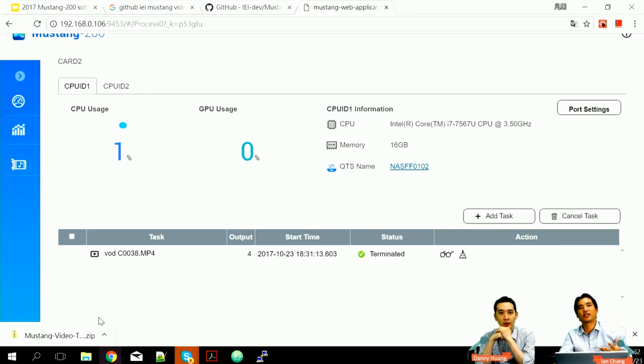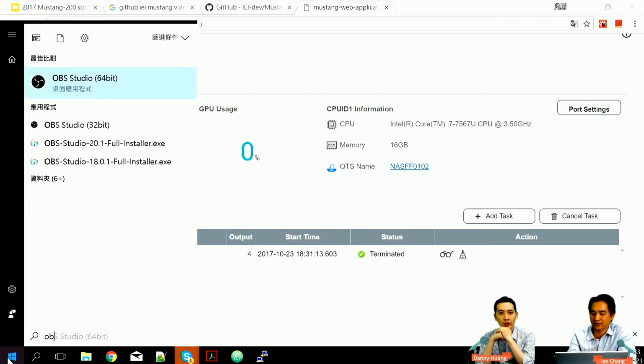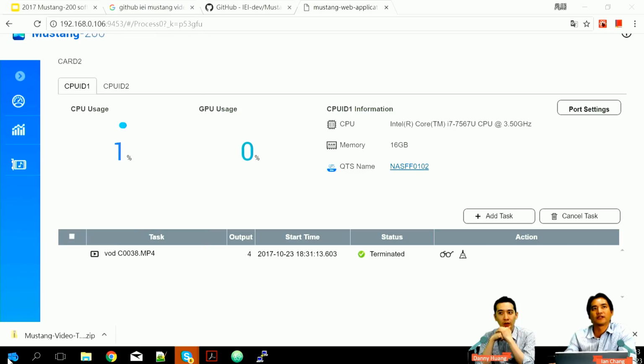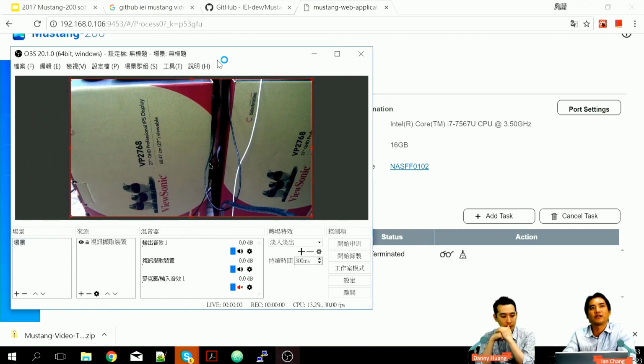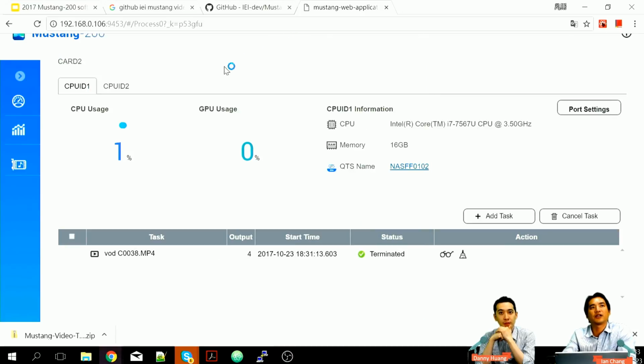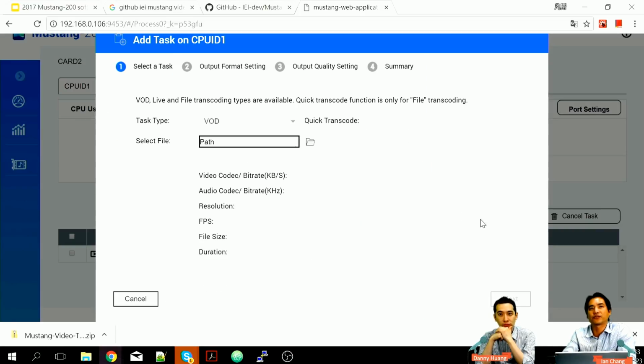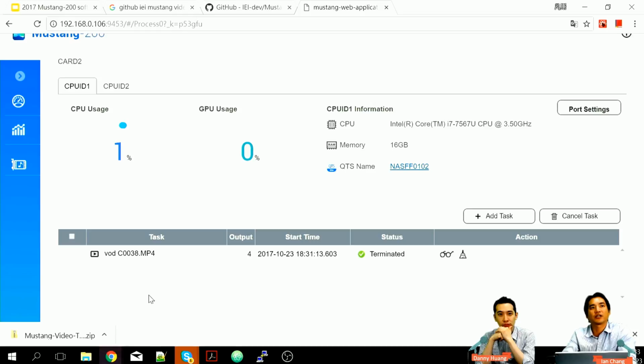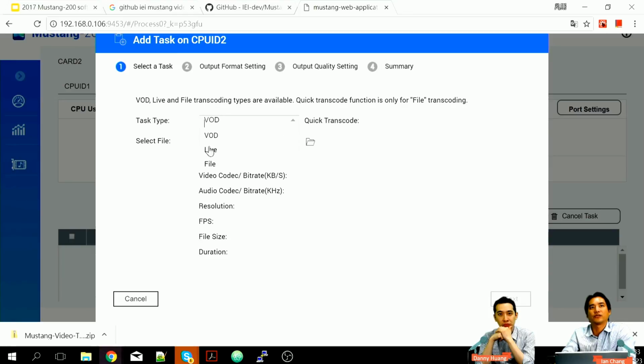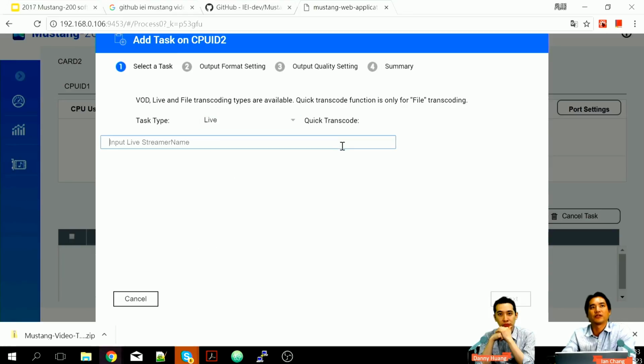So how do we demo the live to live? We can use OBS. Okay, this is OBS, and I need to create a live streaming. Maybe I can change the others to demo. I did a task to do the live to live streaming, because streaming needs to have a name, so I key in my name,